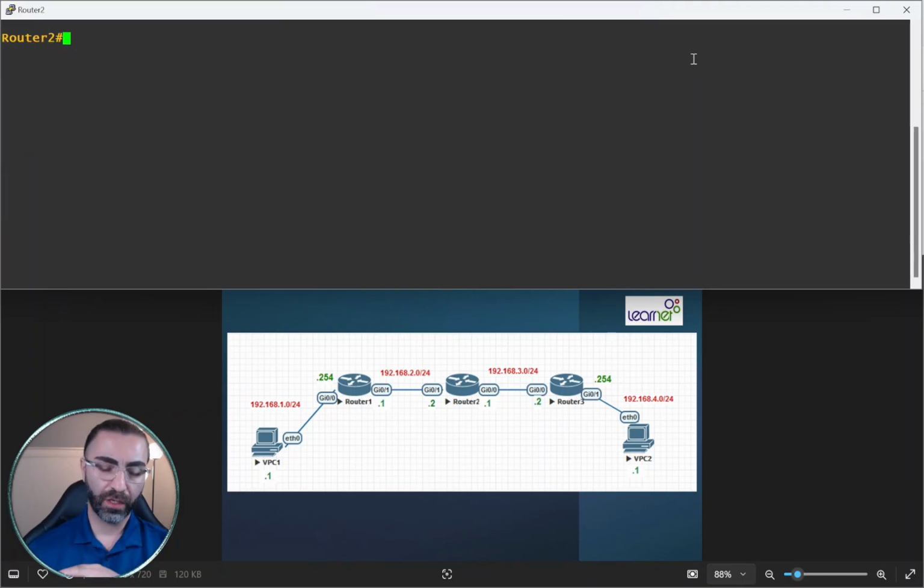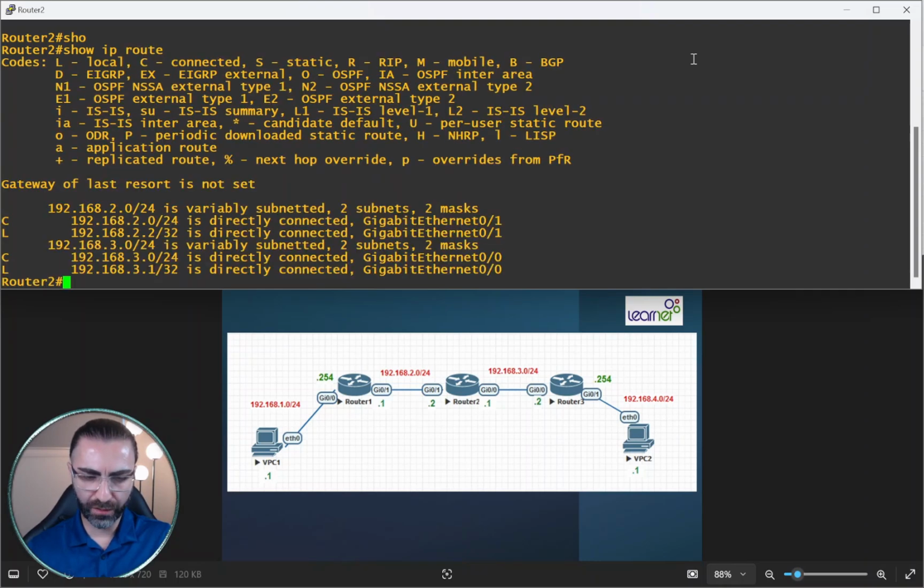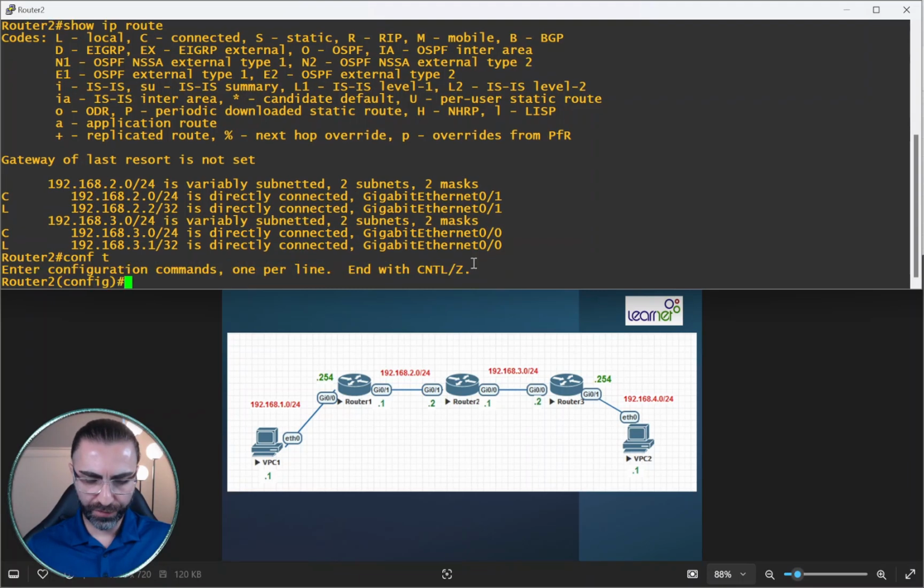Okay, now let's jump on router 2. If we check the routing table of router 2, we can see that we have 2.0 and 3.0 as the directly connected networks on gigabit 0/1 and gigabit 0/0. So we need to add one route destined to 1.0 and one route destined to 4.0, and they go in different directions. So to configure 1.0, we say ip route